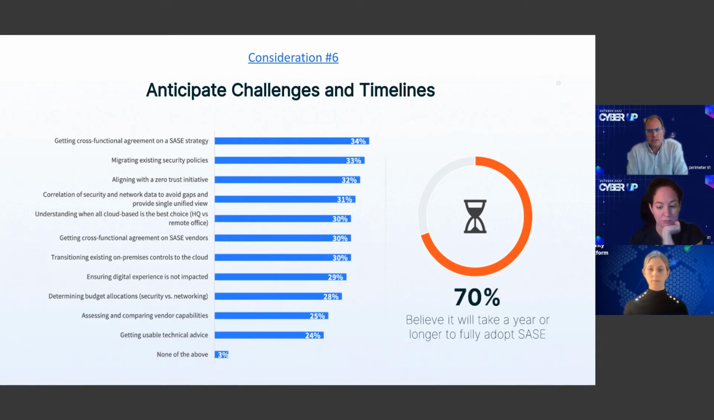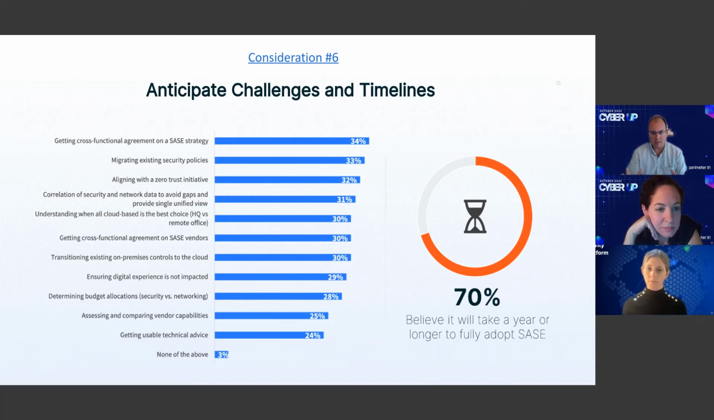And then the last consideration here, it's good to anticipate curveballs that might be coming. So challenges and then really realistically what these timelines might look like. So this was really what was holding back organizations on expanding a SASE or an SSE initiative on the left. And so, as you think about SASE more broadly,